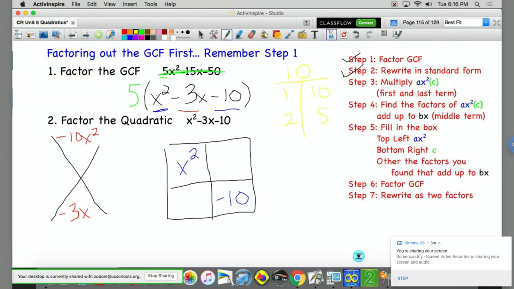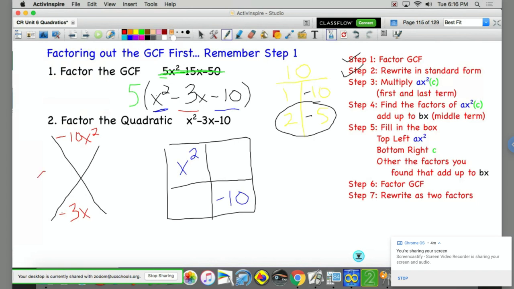So right now you're saying, well, that's 10 and we need negative 10. So if we know that our C is negative and our B is negative, that means that our larger factor is going to have to be negative. So we'll have to draw a line for negative 10 and draw a negative for the 5. Now, 1 plus negative 10 is negative 9. Well, that's not what we're looking for. But we do have 2 and negative 5, which will add up to give us that negative 3 that we're looking for. So now we know